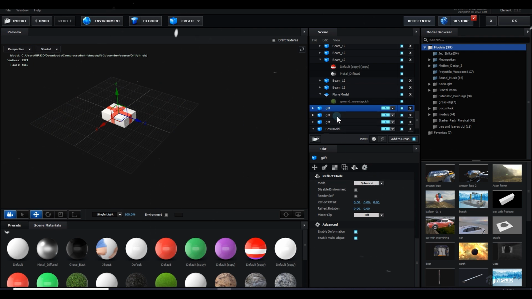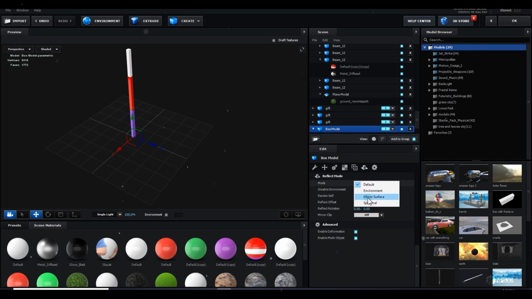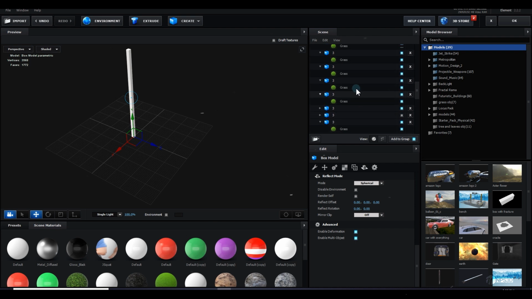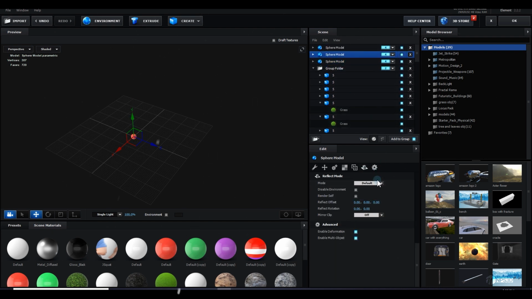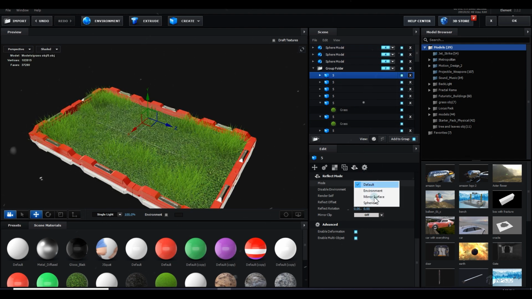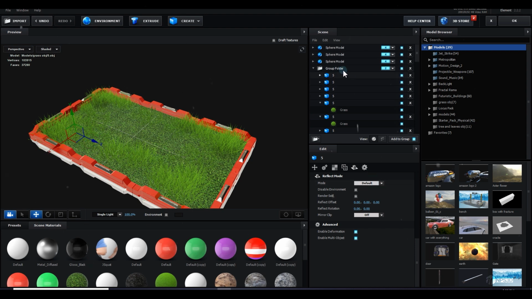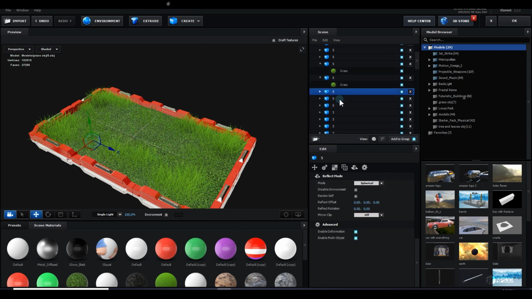I can select the gift and make sure they all have the same thing. I can select both these things and make sure they are spherical as well. And the last thing, the sphere, they are spherical as well. You can also select the grass and make them spherical if you want. There is also an option for the group. You can just select this one and make it spherical. The whole group will be spherical, but I don't prefer this.